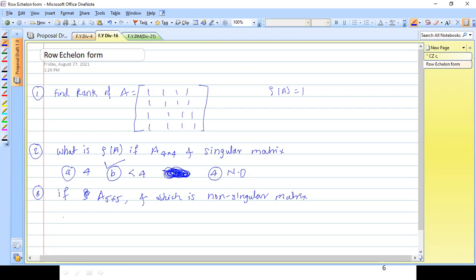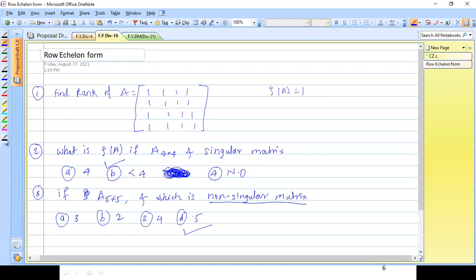We have options like that. Option A is 3, option B is 2, option C is 4, and option D is 5. So your answer should be 5. Why 5? Because it is non-singular. It means the determinant of the 5 cross 5 matrix is not equal to 0. We got a minor of order 5 which is not equal to 0, and a higher minor does not exist in my determinant. So I assume those are zeros. So my rank is 5. Got it, everyone?